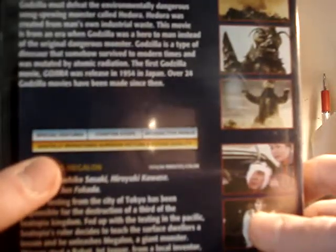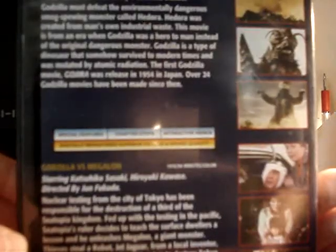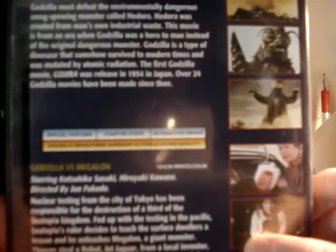It says here, digitally remastered, superior picture and sound quality. I'd have to say that's a lie. These really don't have good picture at all. I'm really thinking about getting the Sony TriStar DVD version just to have a good Smog Monster. Then I'll keep this just for Megalon. So yeah, I'll read you the